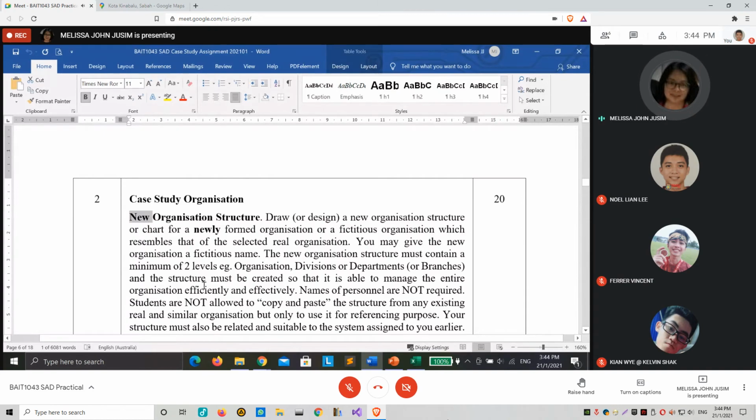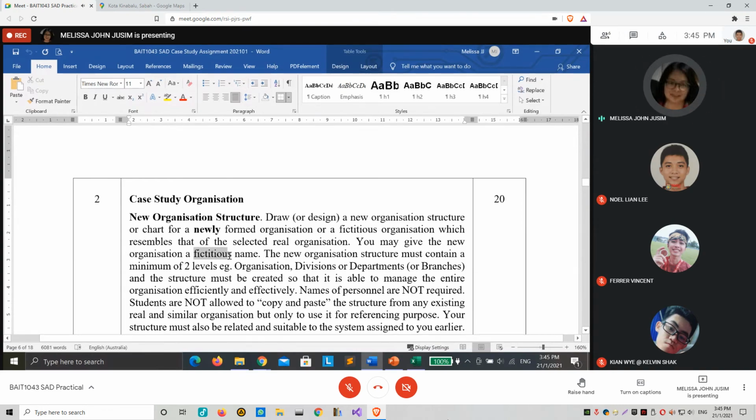If the company knows you are doing this case study, hopefully we don't get any lawsuit. So you draw or design a new organization structure. It can be fiction. You may give the new organization a fictitious name.